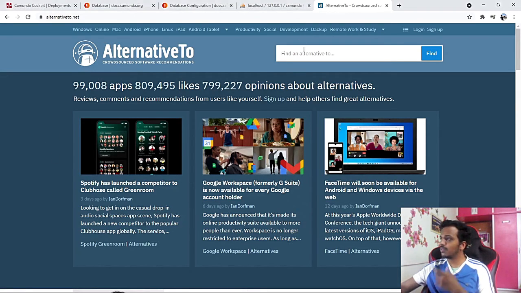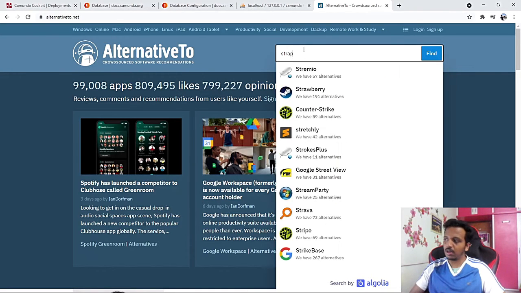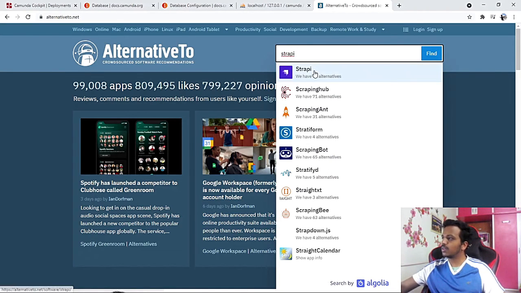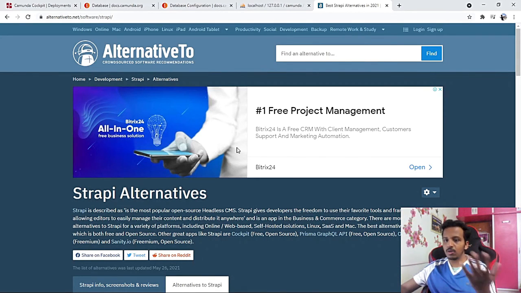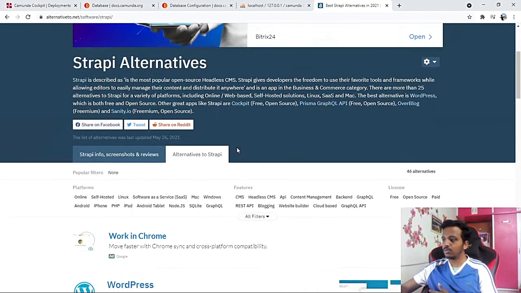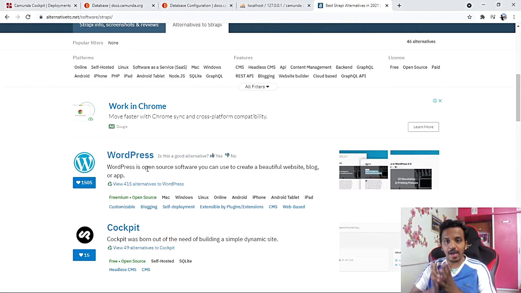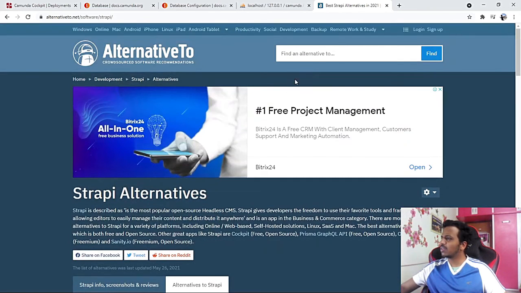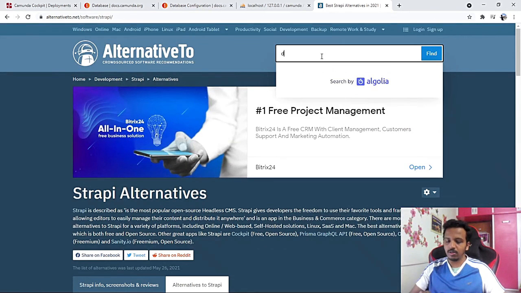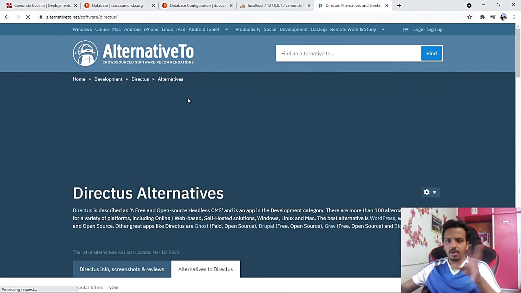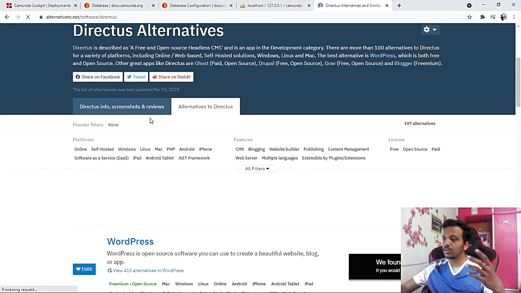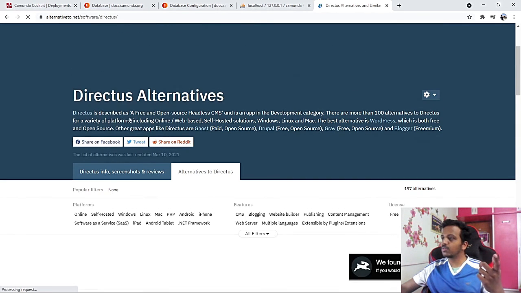So you can use any of them. Let's put in Strapi, so I can see what the alternatives of this tool are, because I know there is one tool which can do this. Okay, this is one alternative, and then we have Directus. It's not anything specific to Directus, we'll just see how this behaves.